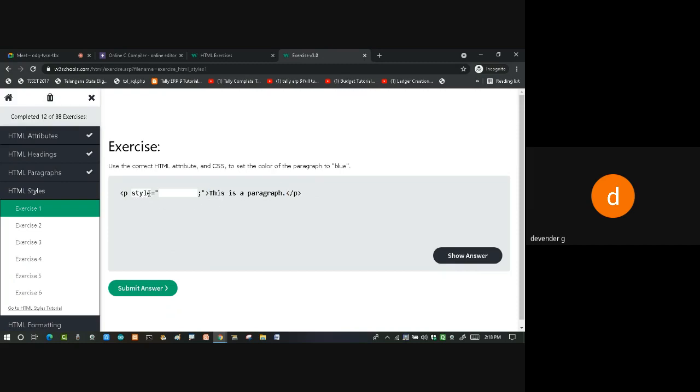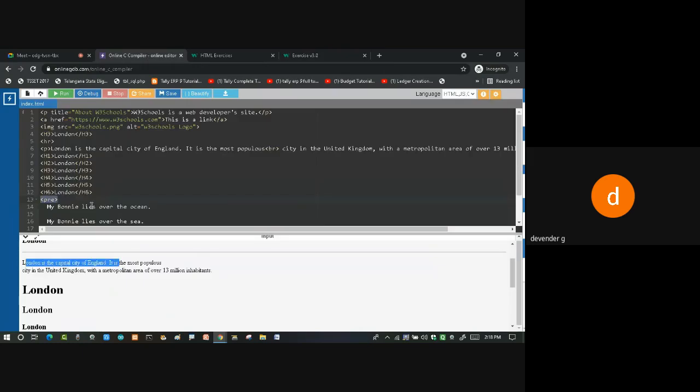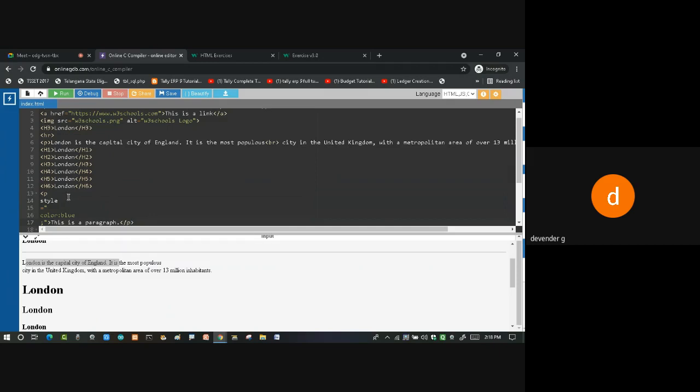So here I'm using something called style. Then he wants the color, so he can say simply color, and give the value as blue. So I have to write like this: color, colon, and you can say blue. Now let me see whether this is going to come. Then we'll see whether our submitted answer is correct or not. I'll be typing here and we'll see whether this is going to come or not.